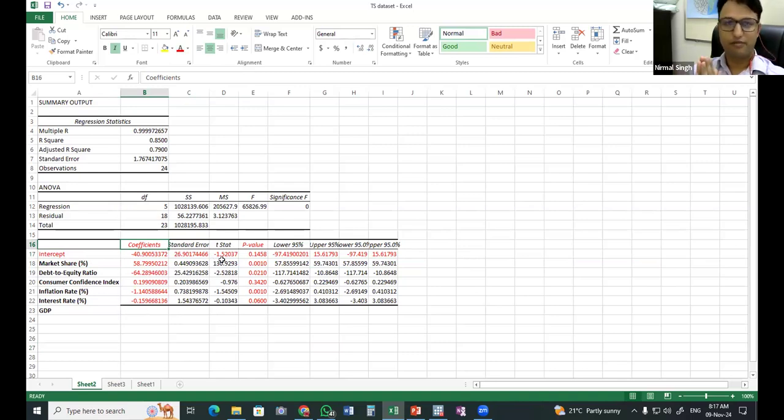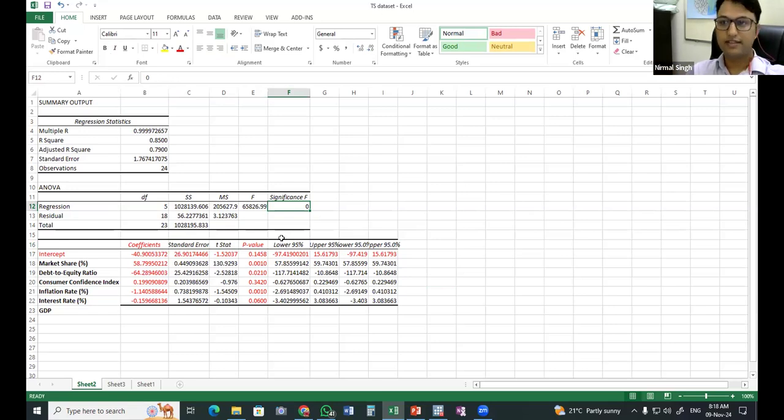So let me be very clear once again, this is hypothetical data, so this is not the real data. Whatever results we are getting are just hypothetical. What we need to look at here are the p-values and the coefficients. The first thing we look at is the p-value. P-value means the probability value that these coefficients are not random. In statistics, we discussed that if this value is less than 0.01 or 0.05, then we can say that this F statistic is statistically significant.